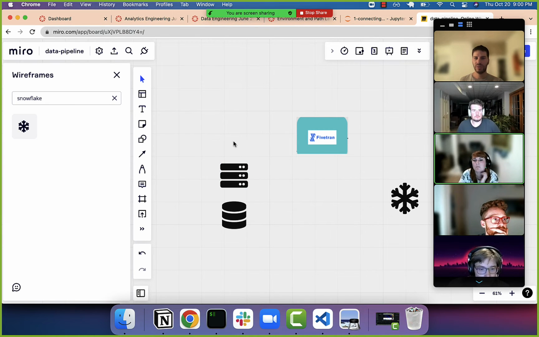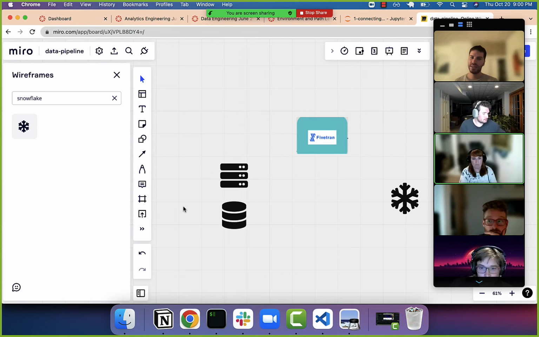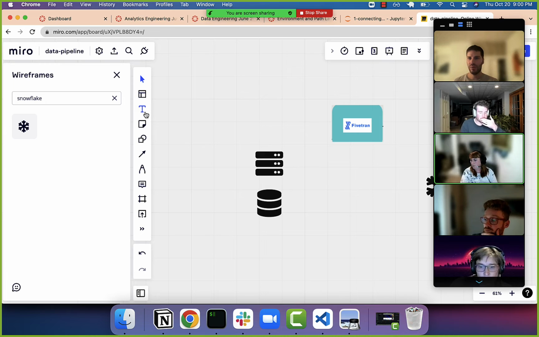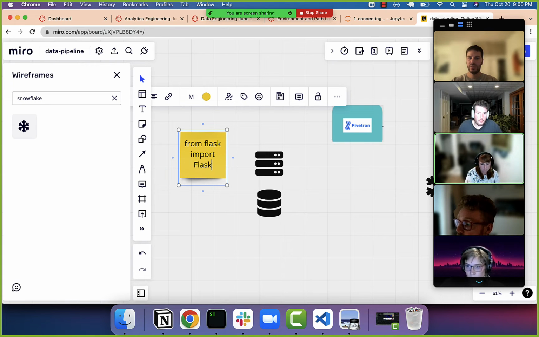Cool. All right, so here's the first thing we dealt with, which was this Flask application, right? We have our Flask application where we have this import Flask, or more likely from Flask import Flask, and then we create the app, right? And what's important about our Flask application is that it sends back